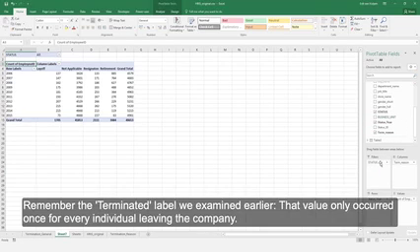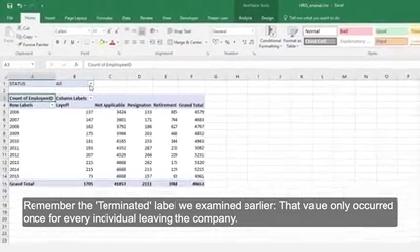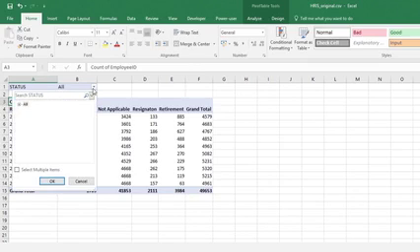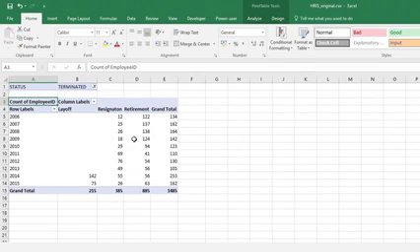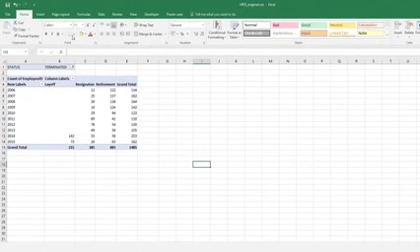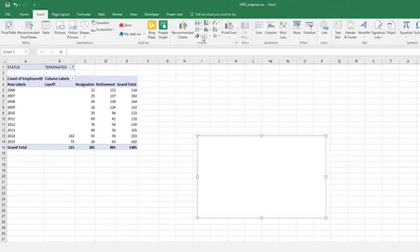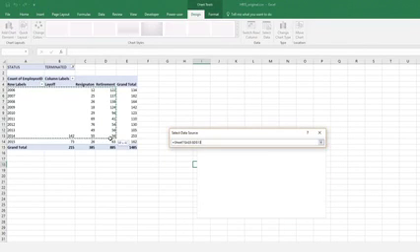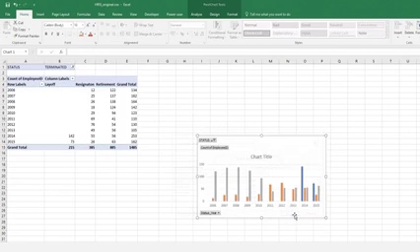At the beginning of the first part, we saw that we just need to look at the people who are terminated. Not the active people, because there's a lot of active records, but once they're terminated, that's the final record, and there's only a single record, there's no duplicates there. So we need to filter on just the people who are terminated. And if I then click OK, we have a full picture of why people left. Because I've removed all the duplicates, and I can now say insert a bar chart, just select the data, I click OK,